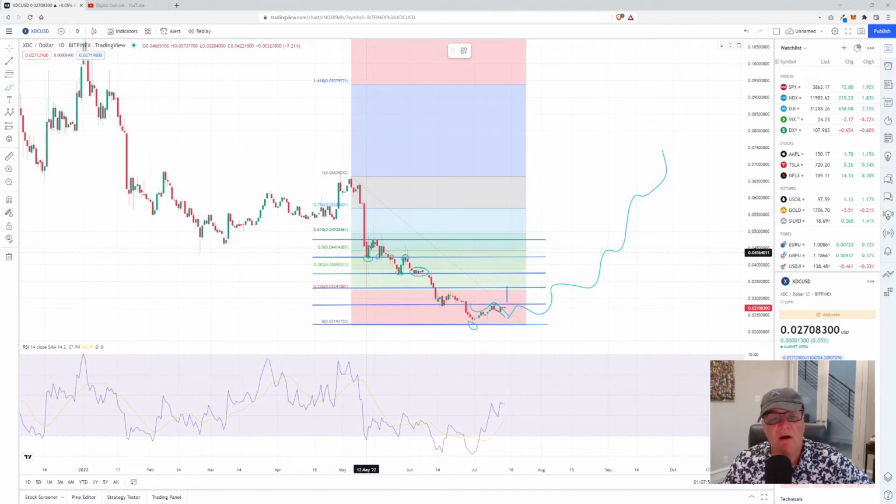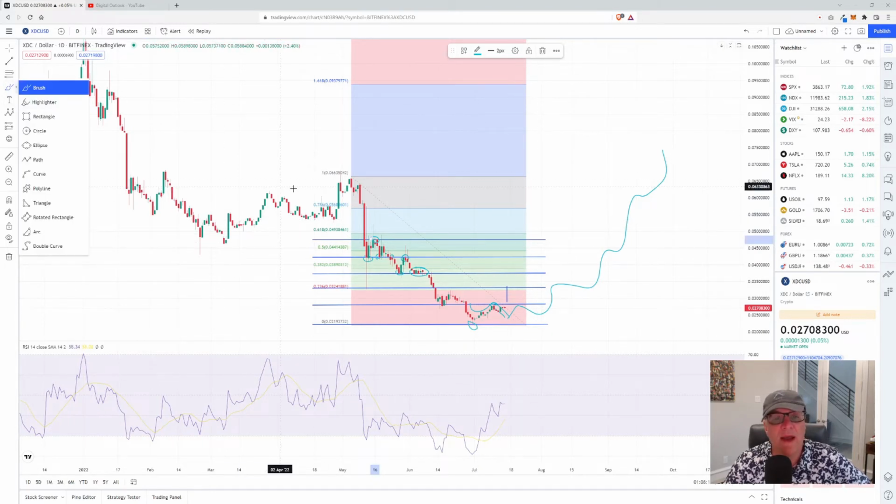Look at all that. We came back up and we found resistance right in here. We kept hitting it, and then we got rejected and we fell. So guys, now that we're going to be going back up, this area in here is going to be resistance. But guys, look at all the air after this 4.7 cent range.